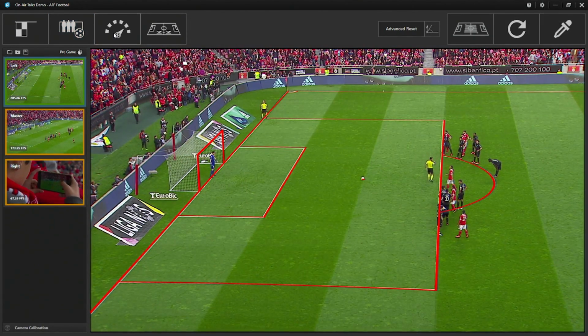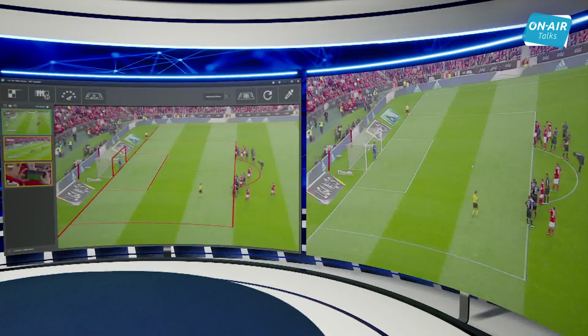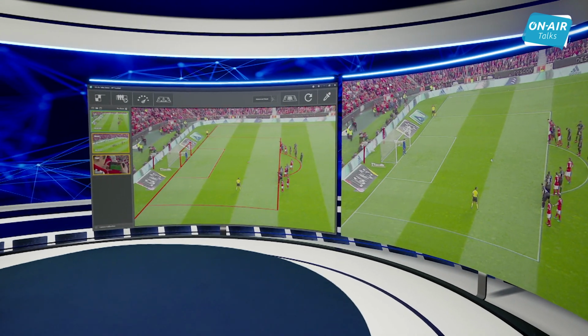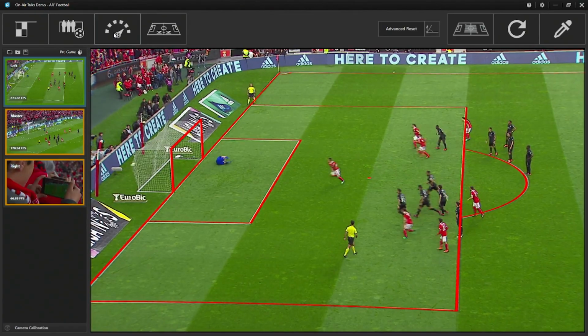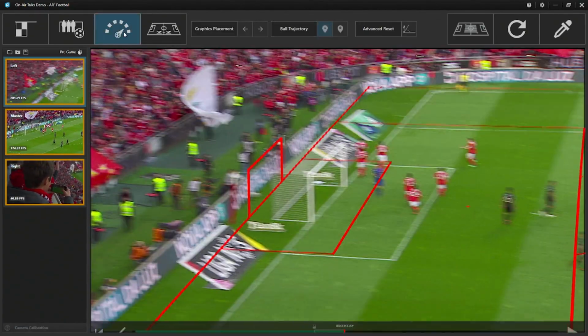Okay, so the last type of graphics that I'm going to show you is the ball speed. So here currently we have a penalty kick that is hopefully going to be scored by Benfica. Let's just wait until it happens. And it's a goal, great. Let's measure how fast the ball went. For that, we'll press the ball speed menu,